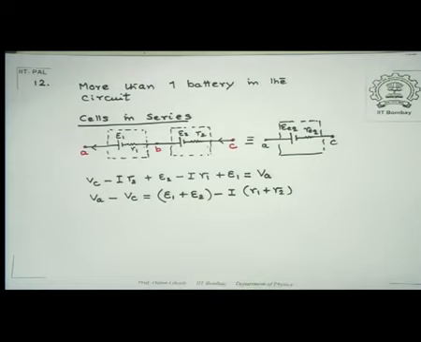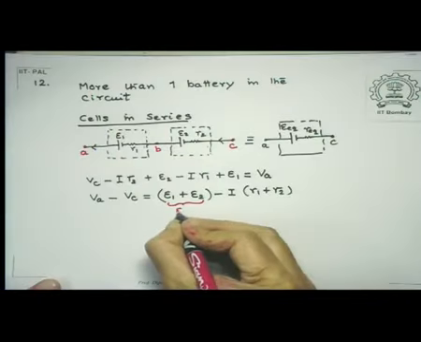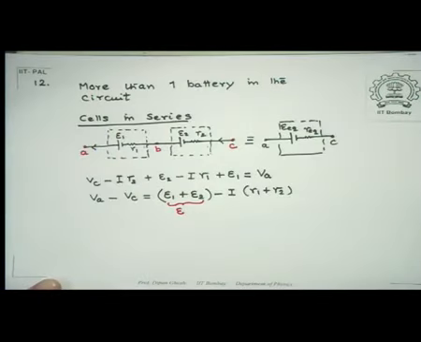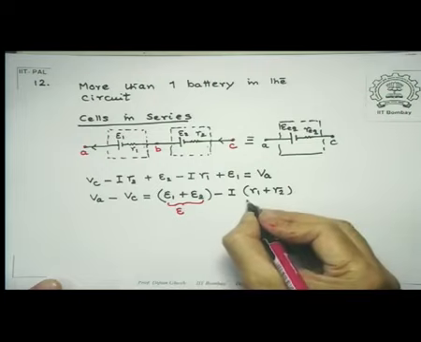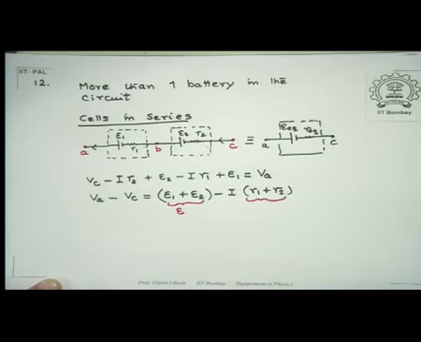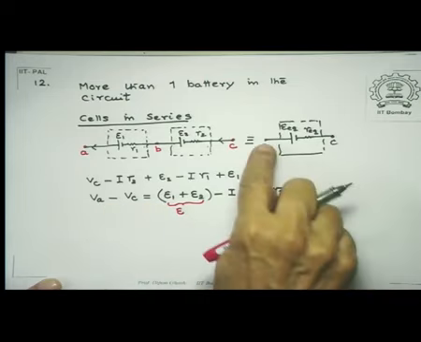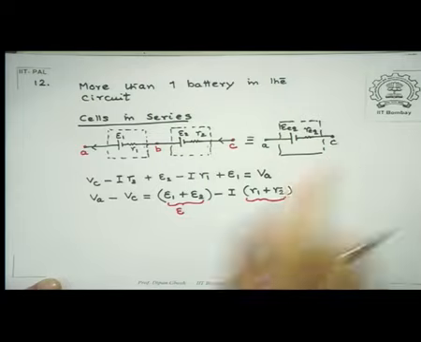If instead I had a single cell with an effective EMF of E and the total internal resistance of the pair were R1 plus R2, then I would have the same potential drop across the points A and C. So therefore, I can replace the system